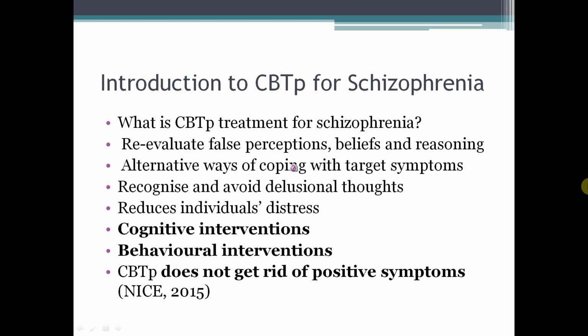CBTP is a psychological treatment that helps individuals with schizophrenia to create links between their thoughts, feelings, physiology, and behaviors. CBTP helps individuals re-evaluate false perceptions, beliefs, and reasoning, and provides alternative ways of coping with target symptoms. Individuals with schizophrenia are helped to recognize delusional thoughts and are provided with help and advice to avoid acting on these thoughts. CBTP also reduces individuals' distress by constructing a model with the patient that makes symptoms and distress